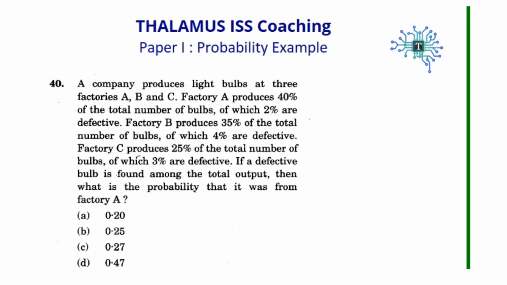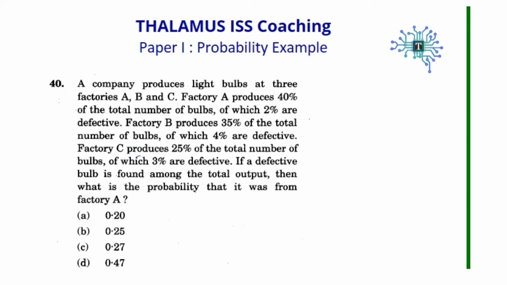Factory B produces 35% of the total number of bulbs, out of which 4% are defective, and factory C produces 25% of the total number of bulbs, out of which 3% are defective. If a defective bulb is found among the total output, then what is the probability that it is from factory A? So what is given: there are three factories, and the respective production will be 40%, 35% and